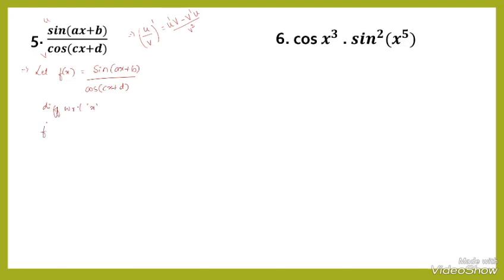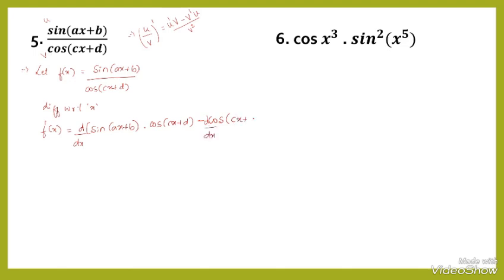Then f dash of x is equals to, here first by using this formula I have to differentiate the first function, that is differentiation of u, that is sine of ax plus b, and keep constant as the v function, that is cos of cx plus d, minus again differentiation of the second function, that is d by dx of cos of cx plus d